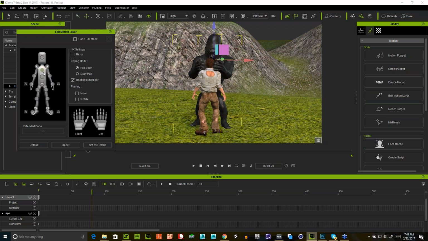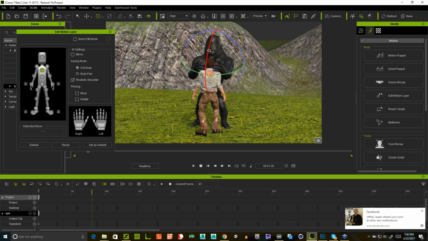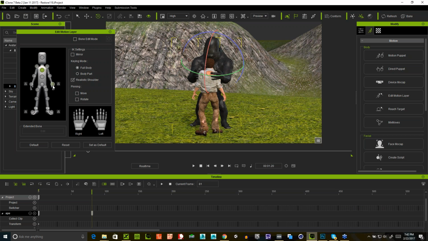So what I can do is grab the node located at the top of his chest, use hotkey E for my rotation tool, and I can drag him down. Now also notice that we can utilize the human IK rig for pinning, and we can take the rotation pin off of our shoulders. That way when we bend our avatar over, his arms are going to follow suit. Okay, so now we've got his hands placed basically on